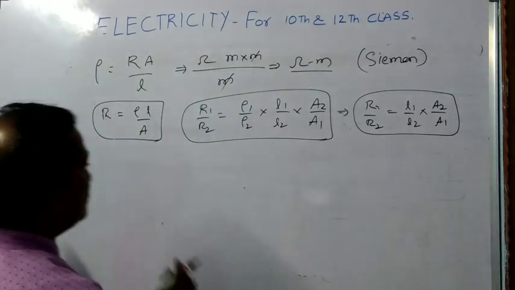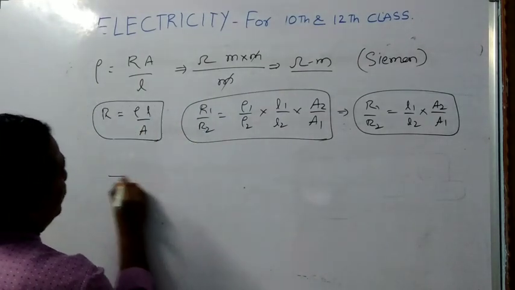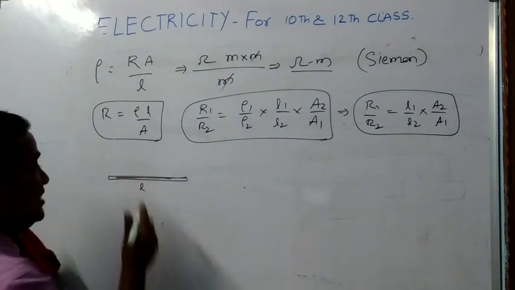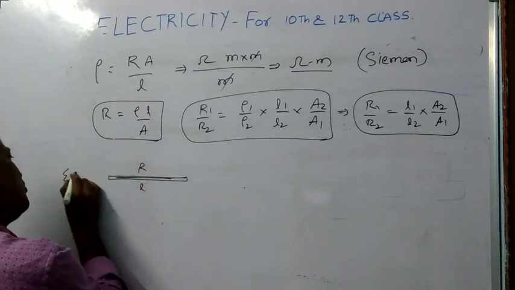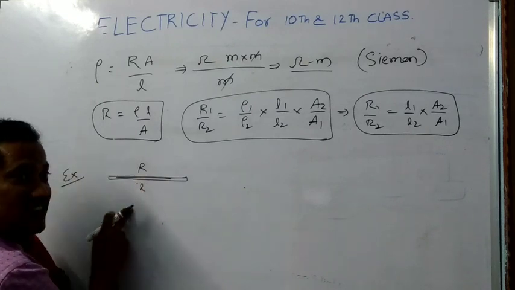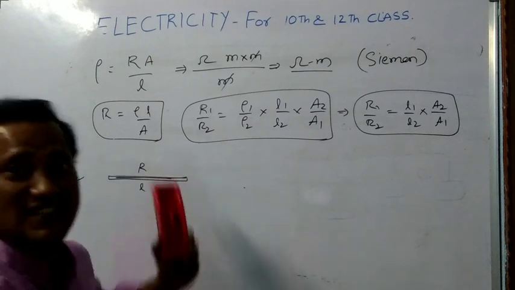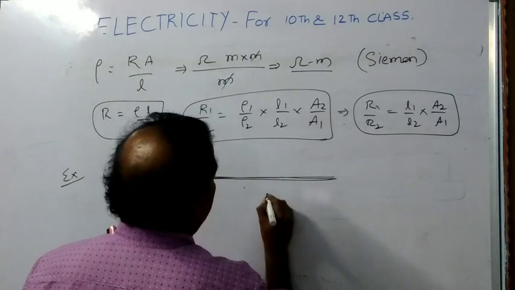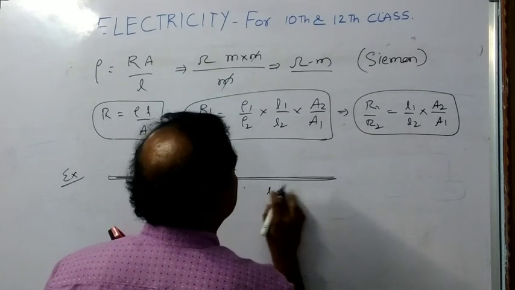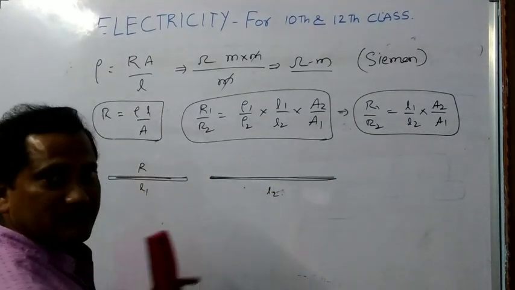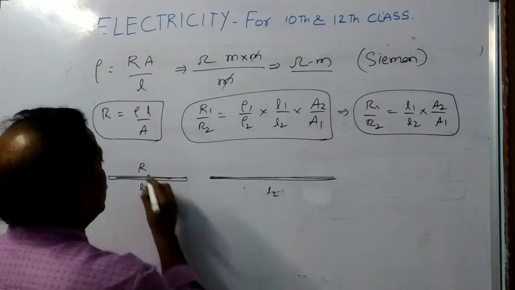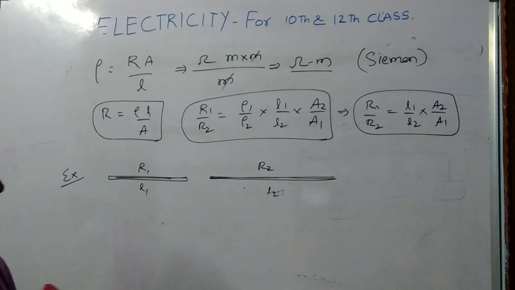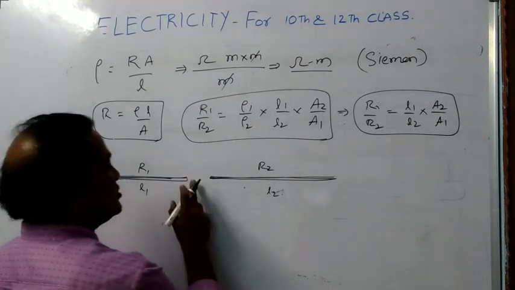Say for example, a wire has length L1 and resistance R1. It is stretched by itself, and the length becomes L2. So this is R1 resistance. What about the new resistance? That is the question. That means the wire is stretched by itself,